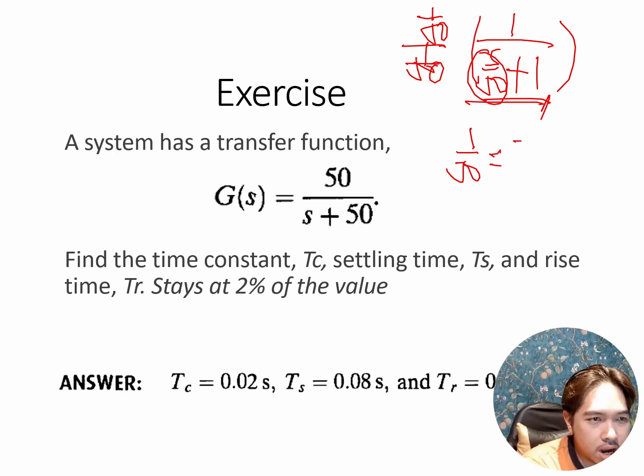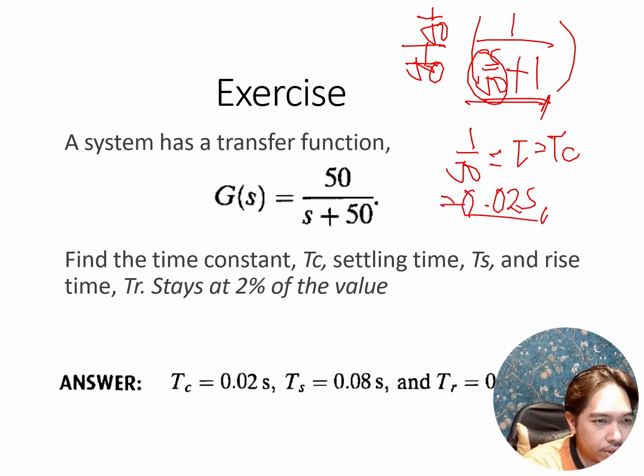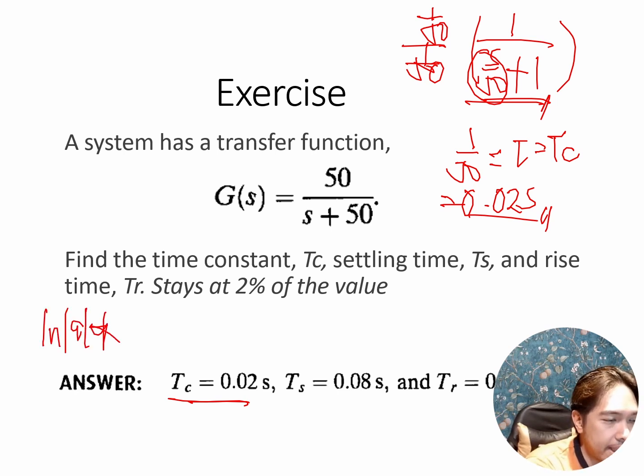We take the coefficient of s, which is 1 over 50. Then we can solve for our tau, or our time constant Tc. So 1 over 50 equals tau, which equals Tc, so that would be 0.02 seconds. Now that we have our Tc, we can solve for our settling time Ts. Normally that is from 10% to 90%, so we take ln of 9 multiplied by our tau, which is 0.02 seconds, which leads to Ts equal to